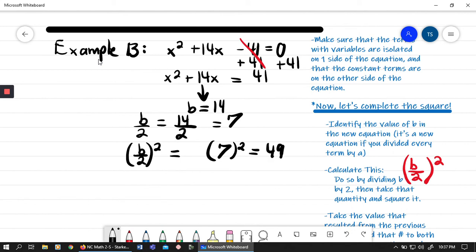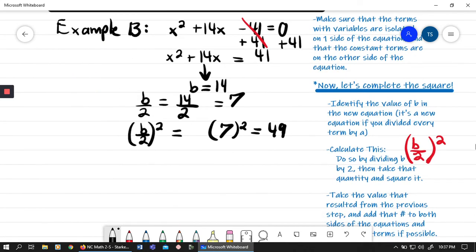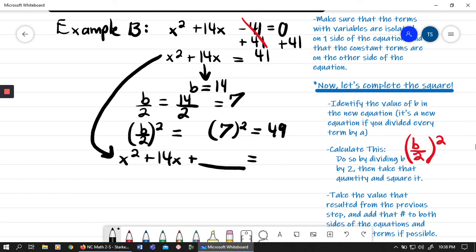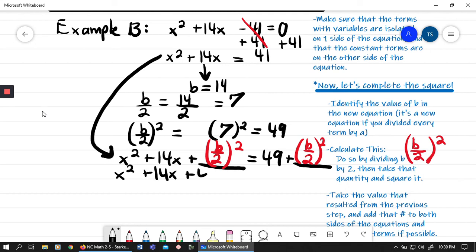So the number that we're adding to both sides of the equation is 49, and let's write that out. We're taking the equation that we already had, and we're going to add 49 to both sides. x squared plus 14x, and we're going to leave a little bit of space there. Okay, so we're adding 49 to both sides. x squared plus 14x plus 49